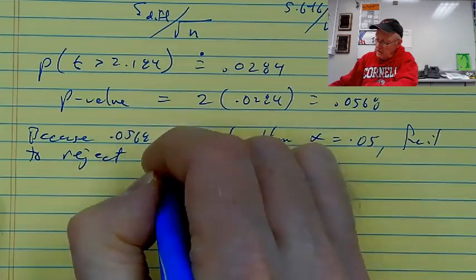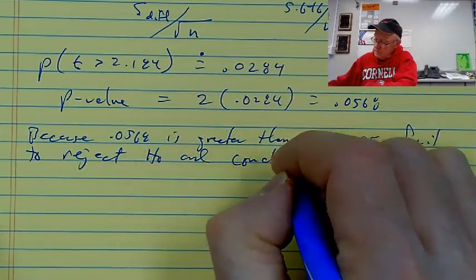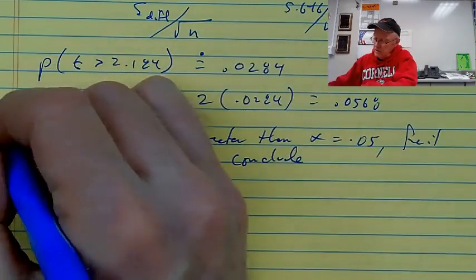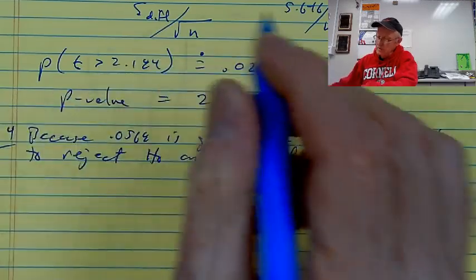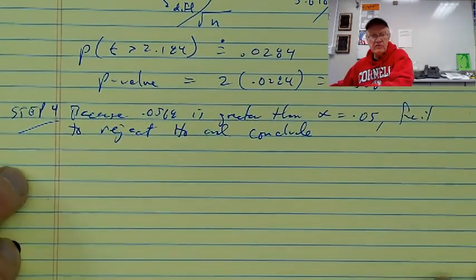So we're sort of finishing; I'll call this all step 4, that's probably smart. Because this is greater than 0.05, fail to reject and conclude, now we have to be careful here, evidence